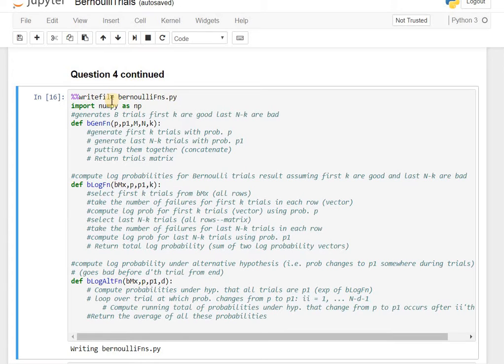The way to do that is to put these 3 codes into a cell, and then at the beginning of that cell, put this command, %%writefile bernoullifunds.py. This is called a magic command. It kind of goes outside the language to execute commands and execute things on the program itself. So if you execute this cell, you'll get this output, writing bernoullifunds.py, and then you can go back